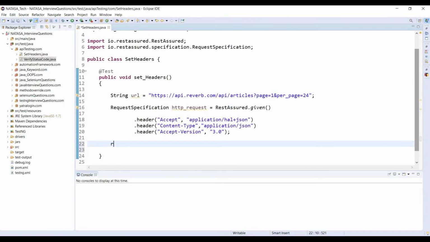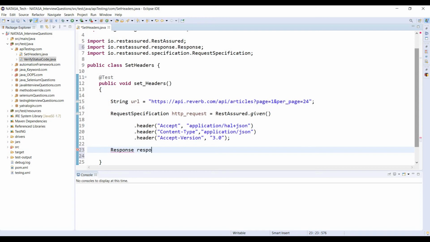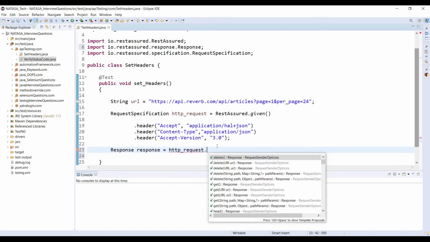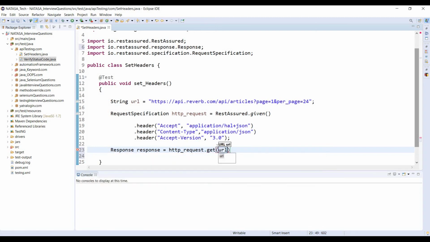Next, we have to declare the response. Response equals HTTP request dot get, sorry, get URL. Here we have to pass the URL, the request URL we stored inside the string. Okay, this is the URL.